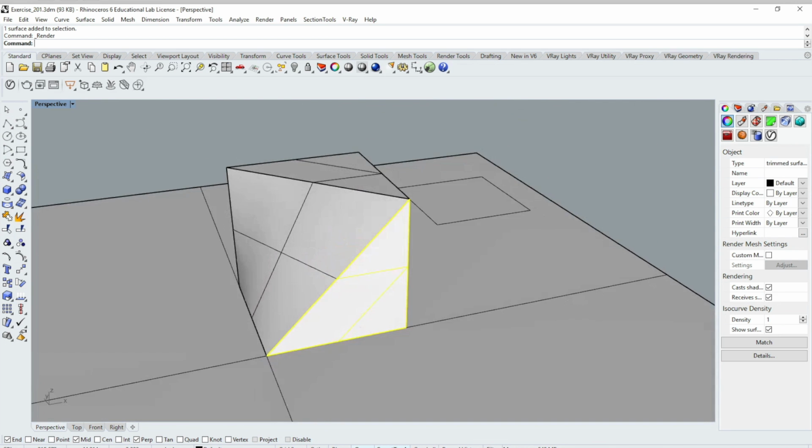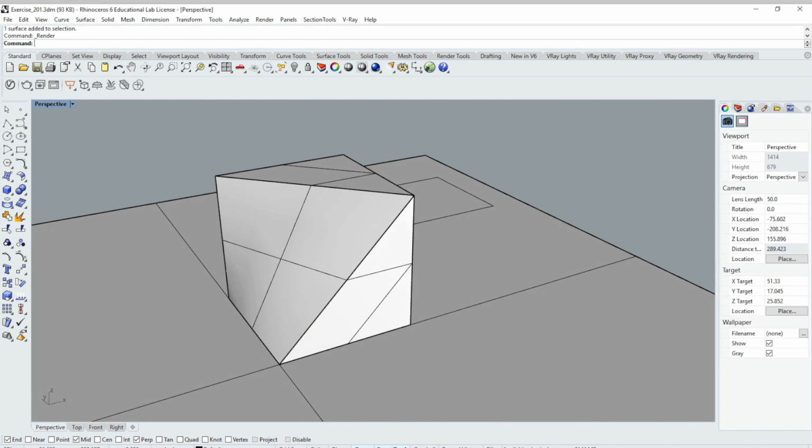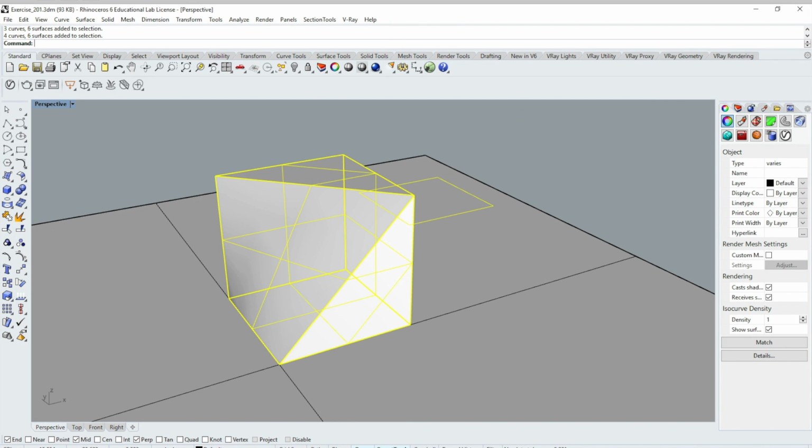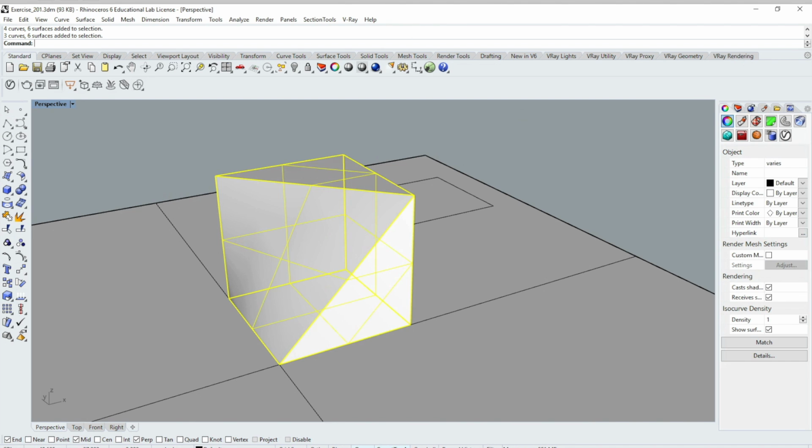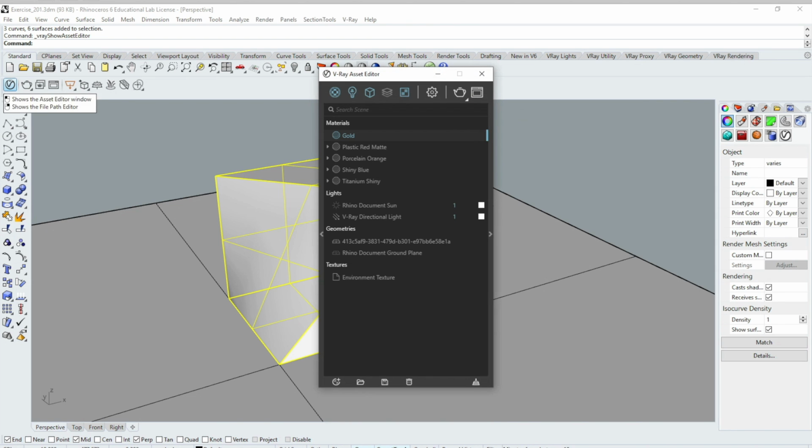I'd like to make it a little bit more exciting, and to do that I'm going to select all of my shape. Now there's 2 different selections. You can select right to left and it will select anything that is touching the object. If you select left to right, it will select just what is contained by that rectangle. So there I've selected just that object itself. I'm going to open up the Vray menu, which is right here. It's called the Vray Asset Editor. It's like a sphere with a V on it. And that brings up this Vray Asset Editor.